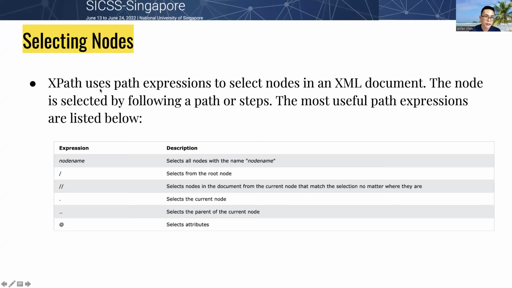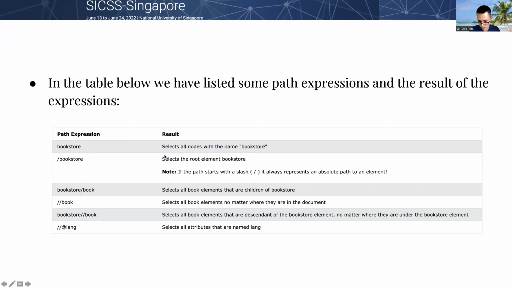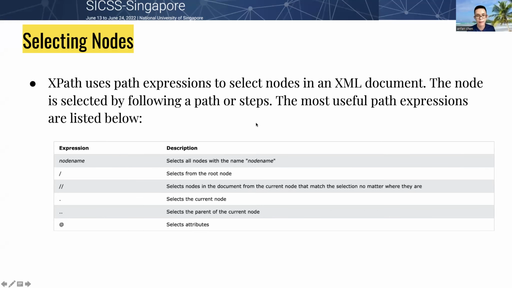Now, there are different path expressions to select nodes in an XML document. The nodes are selected by the following paths or steps. The most useful path expressions are listed below, such as this one. If you input a node name, it means select all nodes with the name of this node name.